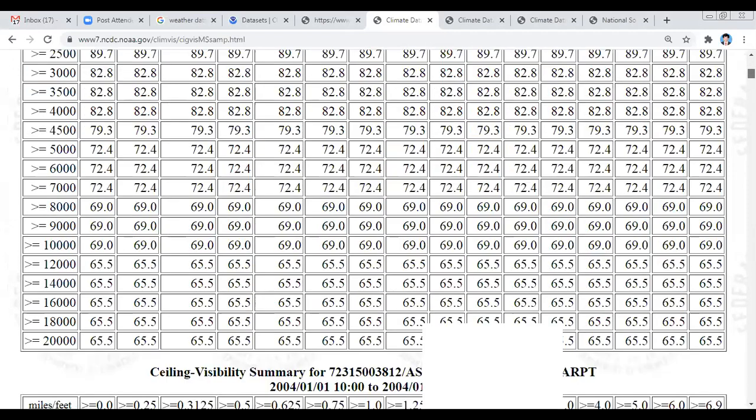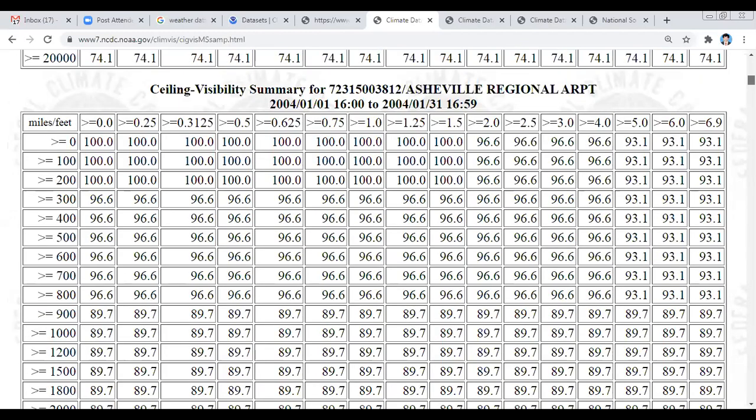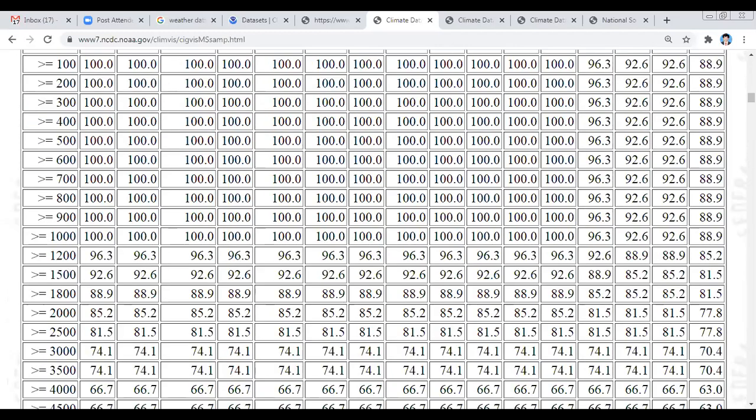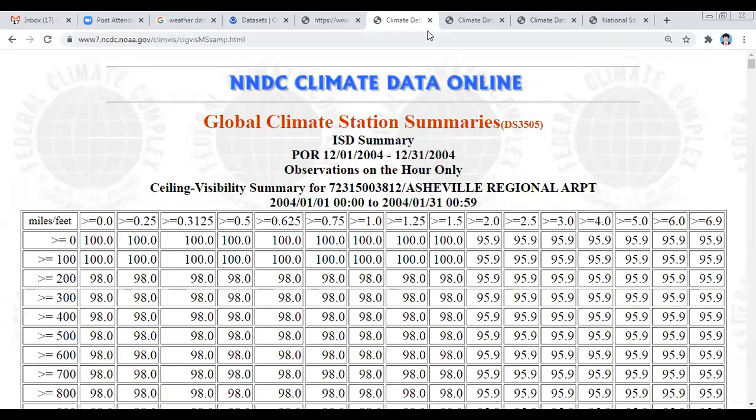But next, I am going to show how this NDCX, the government website, works, and how the data is gathered by the sensors across the whole globe. See that we have a lot of data. See that my cursor is showing. So I just move 1 inch down on this website. So in total, how much is there? We have a large amount of data, which is calculated by the hour. Then we have another one.